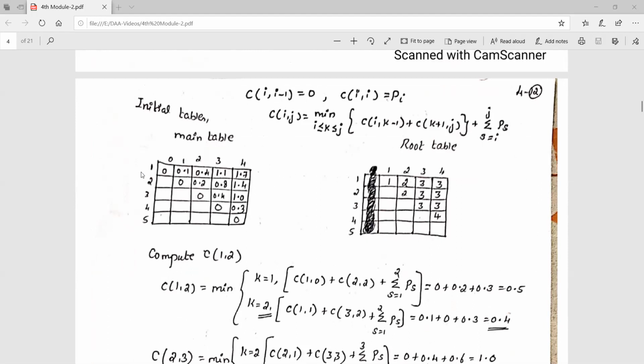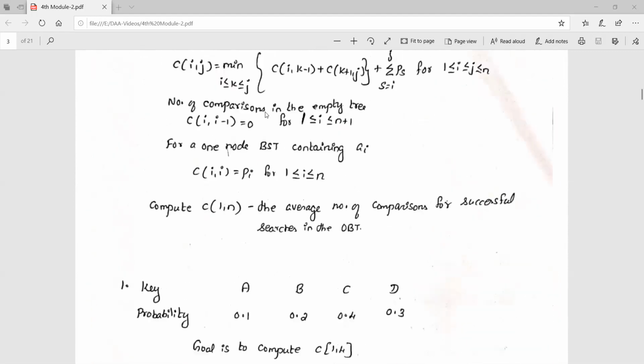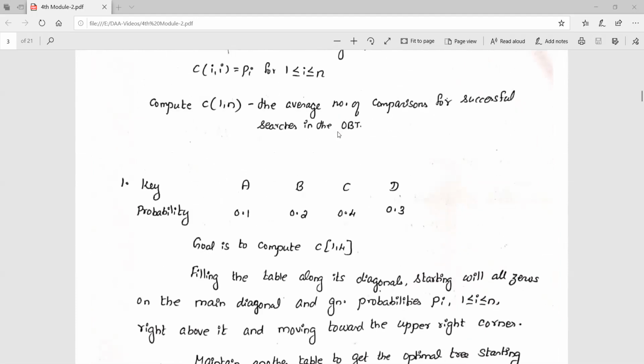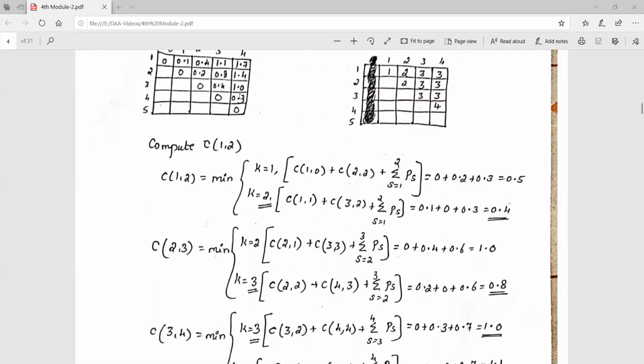Okay, so here you see, first we will finish the initialization part. So C of i comma i minus 1. The i value starts from 1 to n plus 1. We are given n, that is 4 keys, so we have to consider 1 to 5.